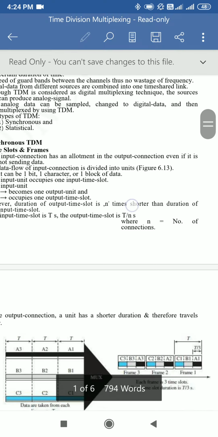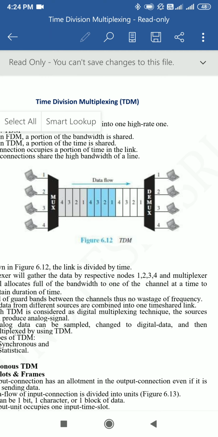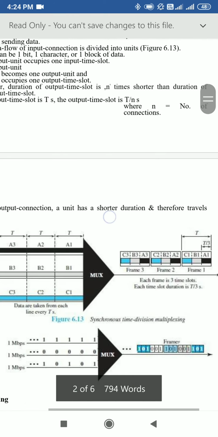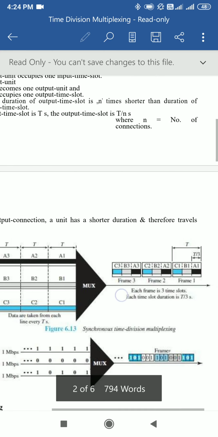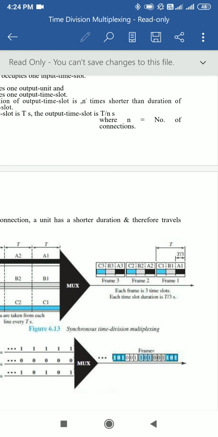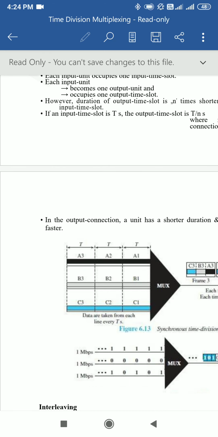This diagram is similar to your above diagram. It is just like in this diagram we have 4 channels. So in one cycle we have 4 time slots. But here we have 3 devices. Hence we have 3 time slots within one cycle. So that entire cycle is known as one frame. Now the number of time slots within a frame is equal to the number of connections. Number of connections is nothing but the number of devices.